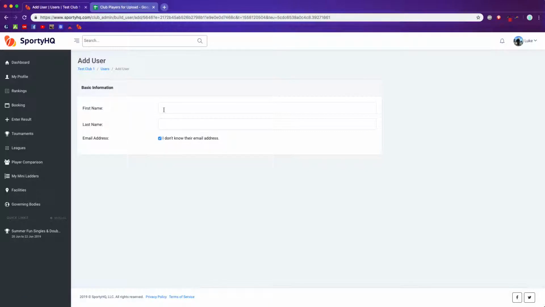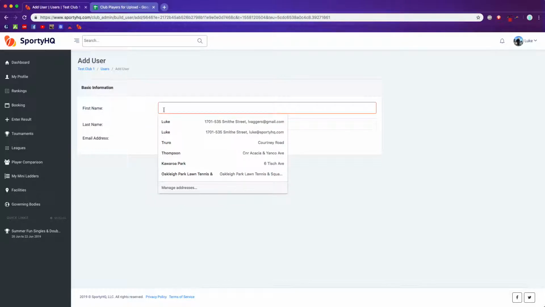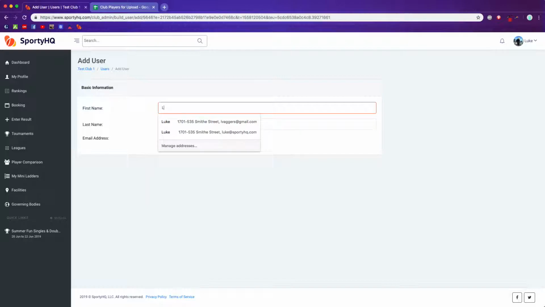You really want to have name and email address when adding someone to the system. Otherwise, it's going to be really hard for us to tell whether that person already exists, i.e. whether you're going to create a brand new profile for a person or whether you're just adding an existing player in the system to your club. So for instance,